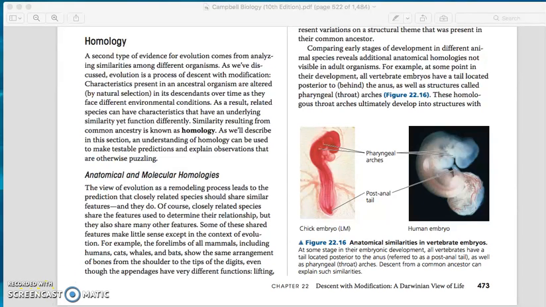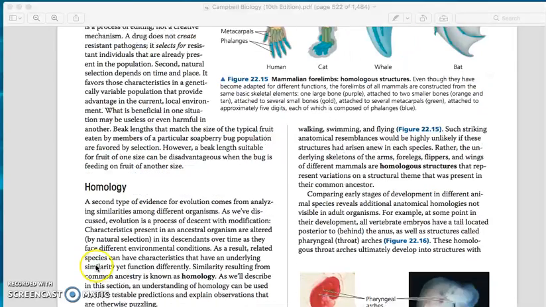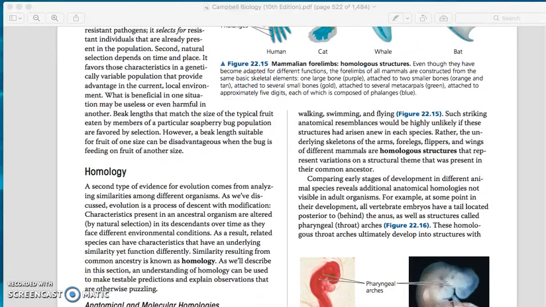Forelimbs of all mammals, including humans, cats, whales, and bats, show the same arrangement of bones from the shoulder to the tips of the digits. Even though the appendages have very different functions, lifting, walking, swimming, and flying, such striking anatomical similarities would be highly unlikely if these structures had arisen anew in each species. It says that mammals share similar bones throughout the arm that may be used for different functions such as flying and swimming. I also noticed that it only talked about the subgroup mammals, which must mean that homologies are characters of a group. Looking at figure